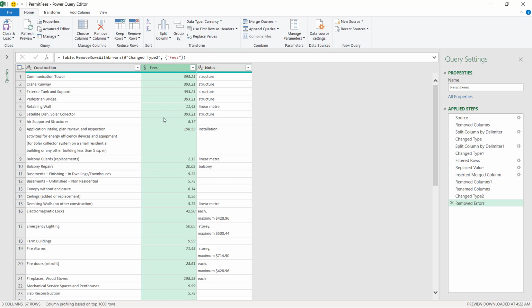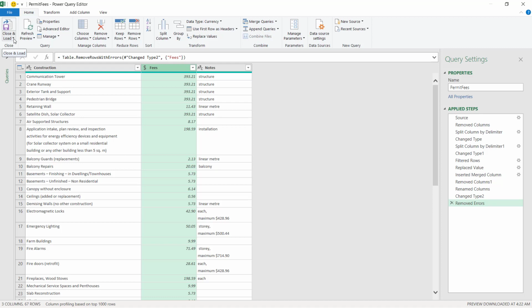What I would like to do is to send this data back to Excel. And because this is an append query, if I load it, it will be loading each one of the original 6 queries plus this one, each one on a separate sheet. Let me show you what I mean and how I am going to deal with this situation.